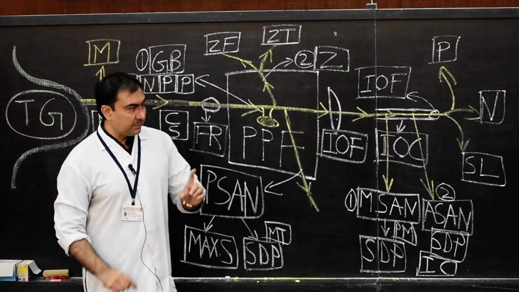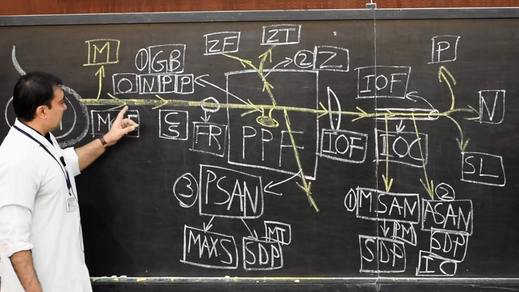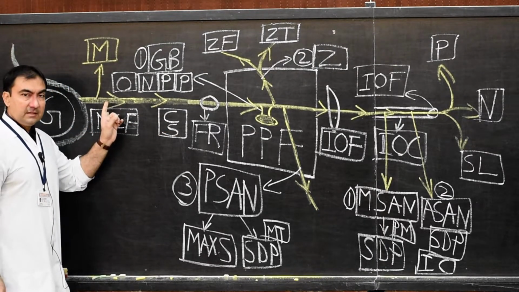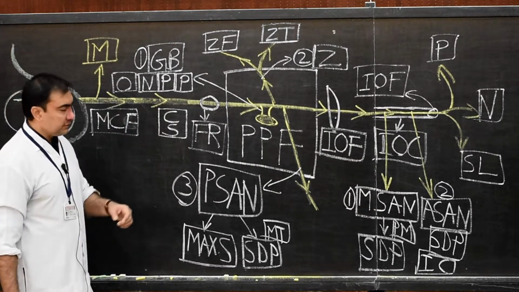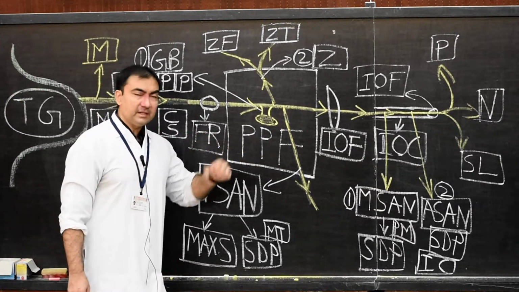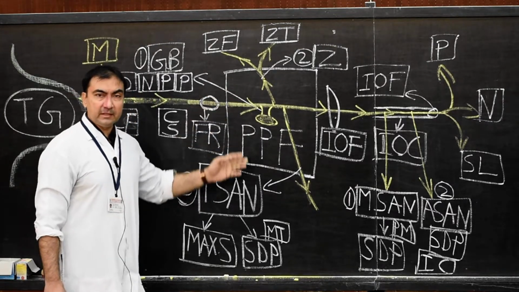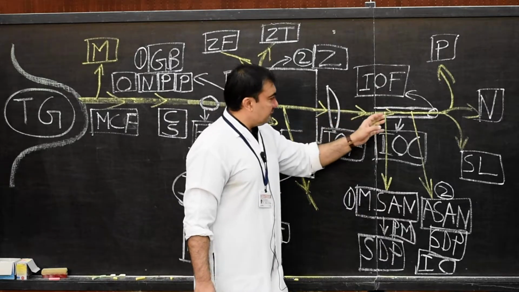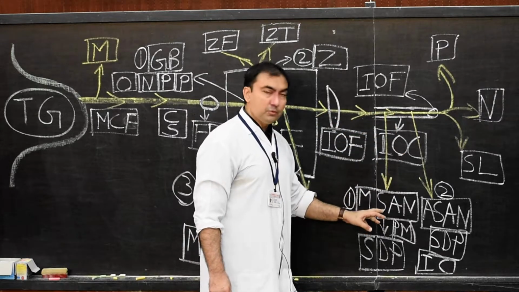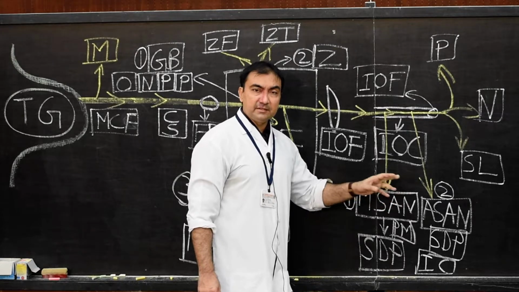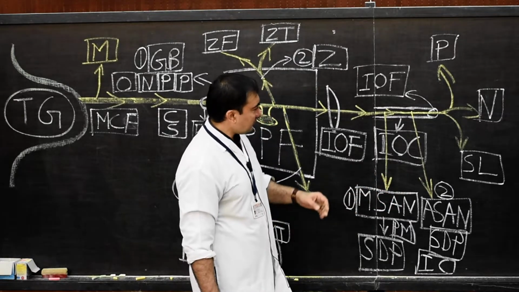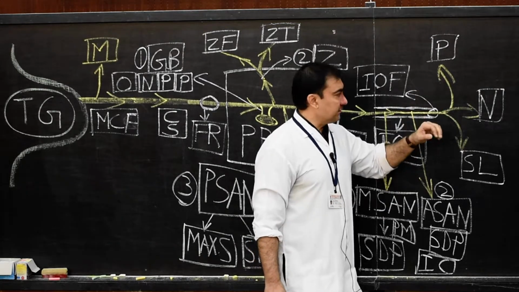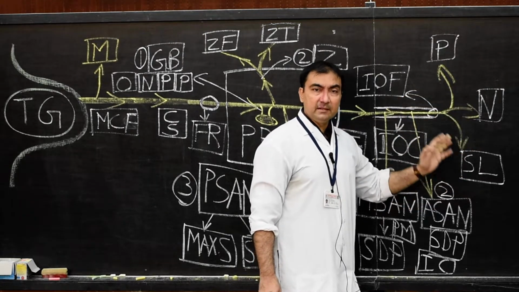Please note the branches. From the first segment, there will be one branch, the meningeal branch, in the intracranial fossa, the middle cranial fossa. From the second, when it is in the pterygopalatine fossa, 3 branches: ganglionic, zygomatic and posterior superior alveolar nerve. When it passes in the infraorbital canal, it will have 2 more branches, middle superior alveolar and anterior superior alveolar nerve. And when it exits out of the infraorbital foramen, it will have 3 branches: palpebral, nasal and labial.